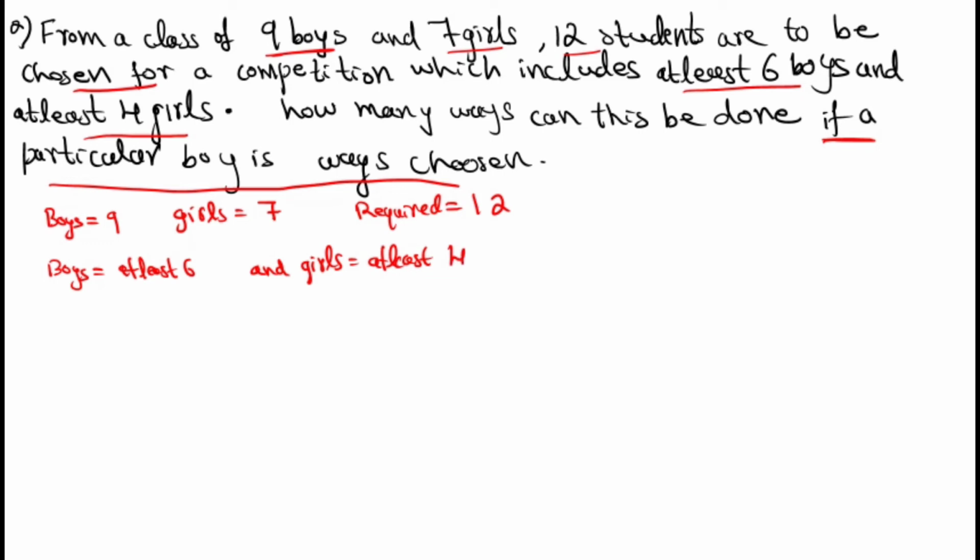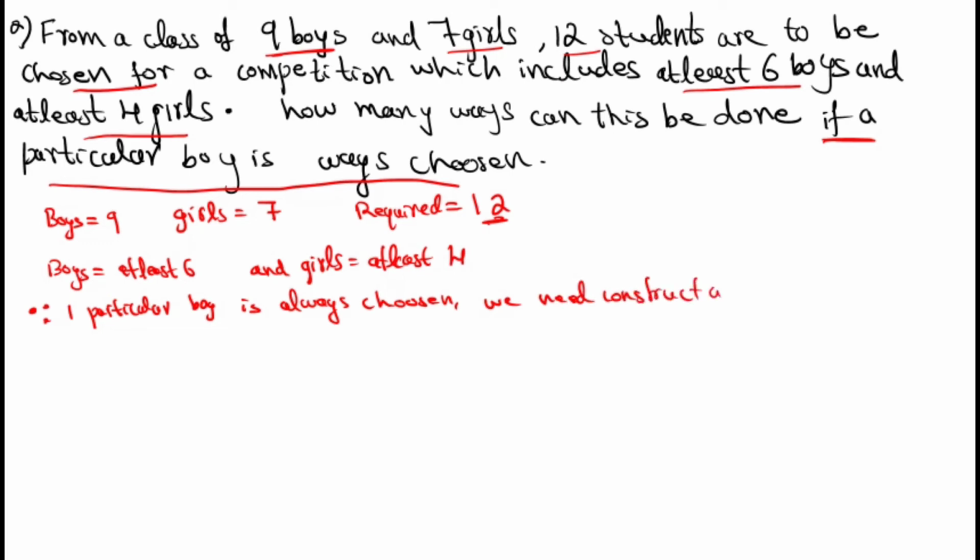Okay, we need to construct a team of 12 students which includes at least 6 boys and at least 4 girls. Now the question is in how many ways this can be done if a particular boy is always chosen. Okay, since one particular boy is always chosen, we need to construct